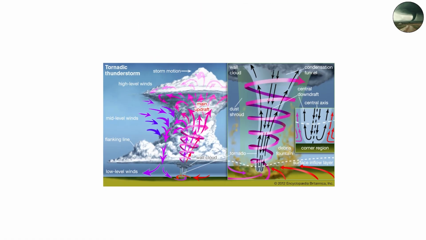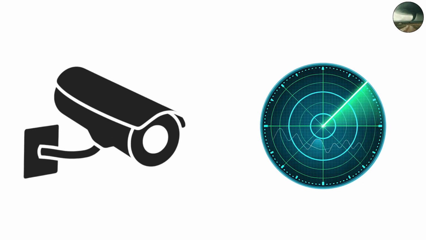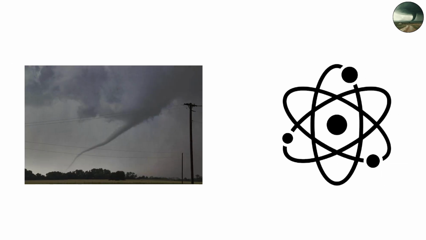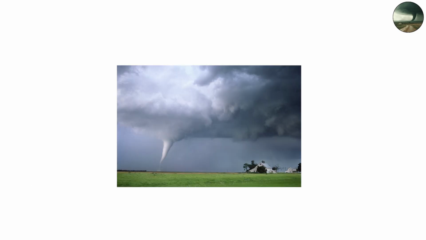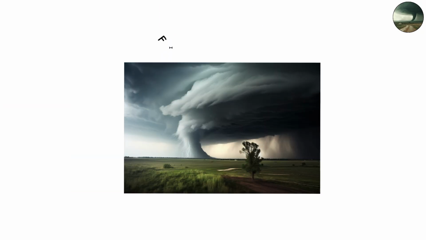Even the structure of the vortex core is still being studied. High-speed cameras and radar scans reveal mini whirls and multiple vortices spinning inside one main funnel, a chaotic, mesmerizing dance of air that science is only beginning to decode. What's clear is that tornadoes are both awe-inspiring and humbling. They remind us that, despite our technology and models, nature still has the final word,